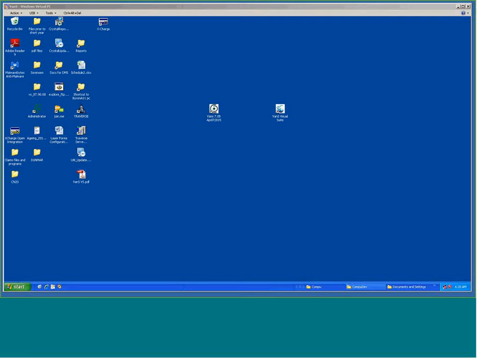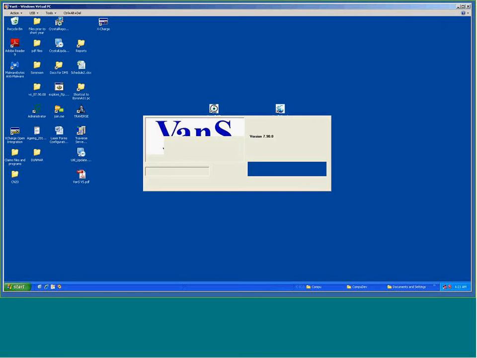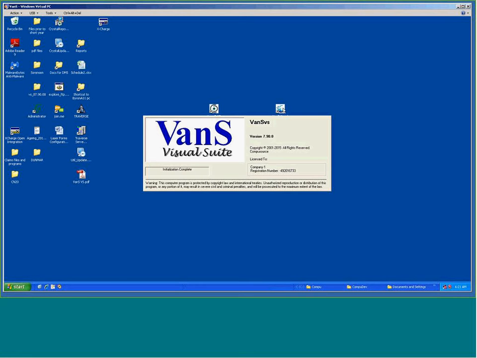I will first begin by comparing this to the traditional Vans that you see in the character base. And I've got both icons on the desktop here so that you can see both of them. This is the character base icon, and then this is the Vans Visual Suite. So the Visual Suite that I'm going to go into today,